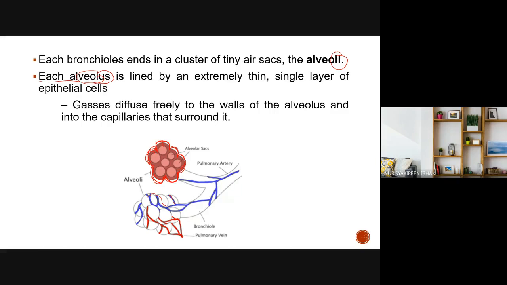So gases diffuse freely from the walls of the alveolus into the blood capillaries. Okay, so the red is oxygen-rich blood. So oxygen-rich blood has a high concentration of oxygen. The blood is filled with oxygen and it leads to the pulmonary vein. Okay, remember, the pulmonary vein is the blood vessel coming from the lungs that is filled with oxygen-rich blood